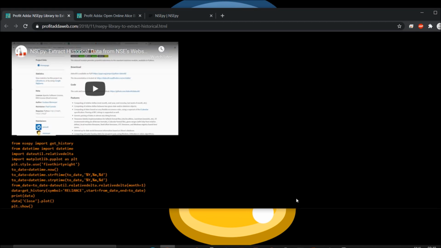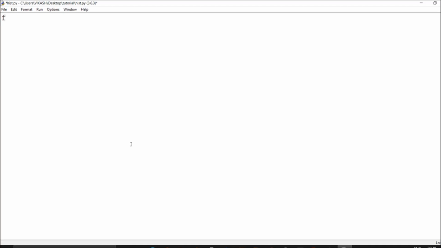So NSEPy has been upgraded. Now I'll go simple. I will say from nsepy import get_history as gh. Okay, so you need this NSEPy module and we say as gh. Then you require this datetime. I need a from date to a to date, from which particular day to which particular day I want to fetch this data. Suppose I want to perform resistance and support, I'll take this day's data, or say some breakdown analysis.